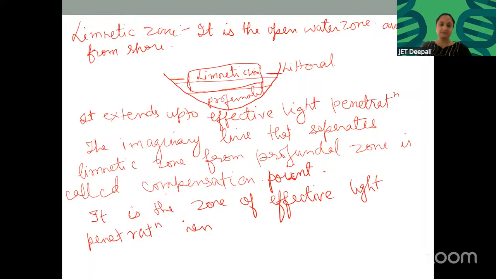Hence, the rate of photosynthesis is equal to